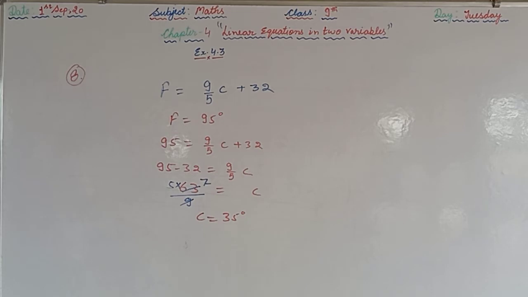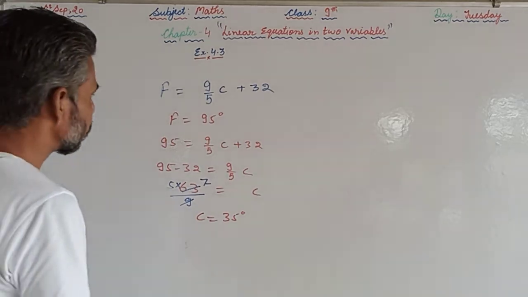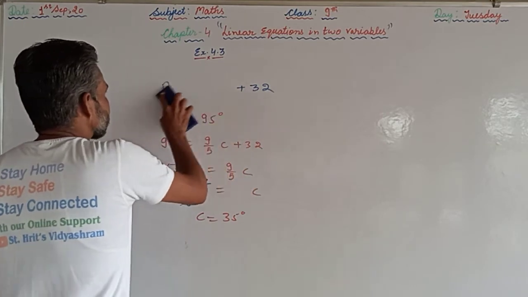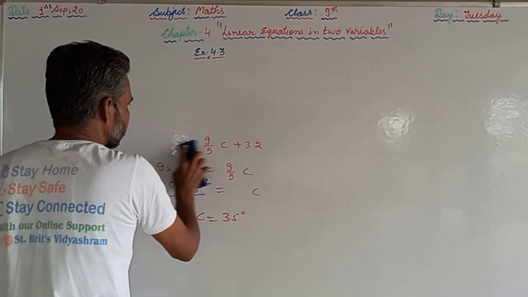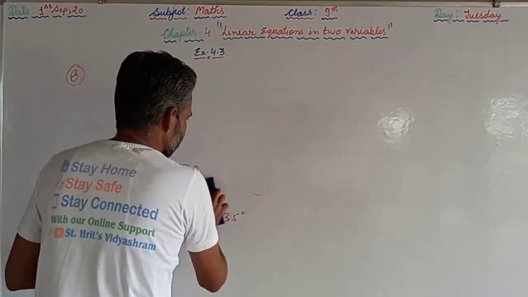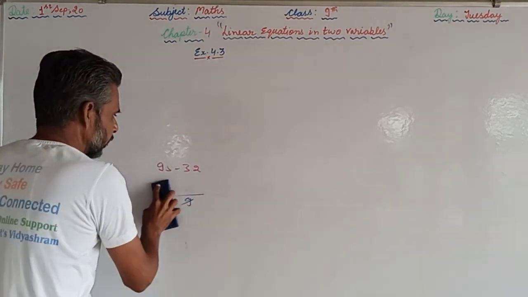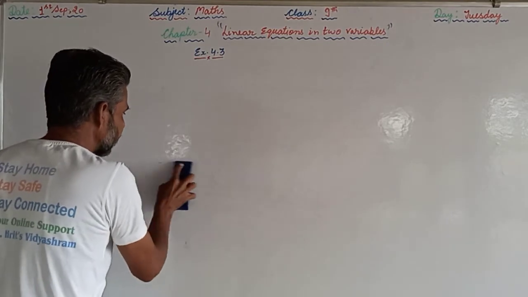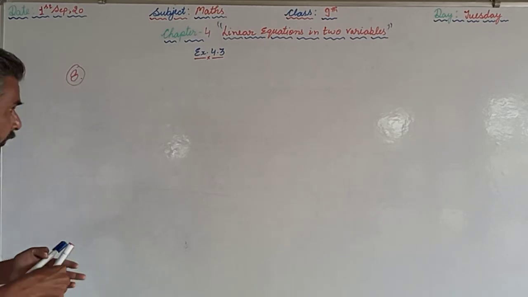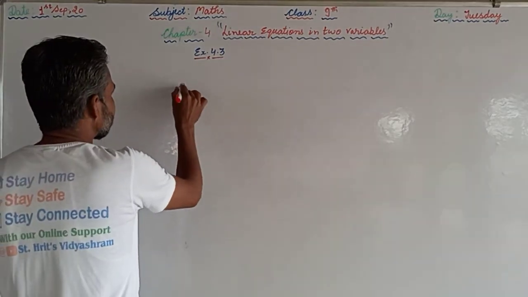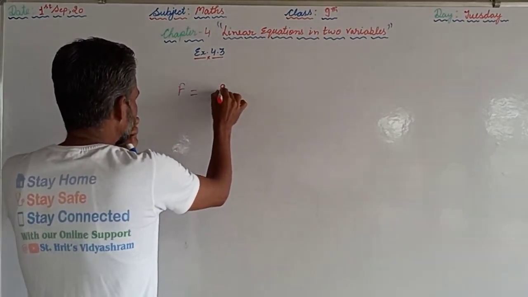Fourth part: is there a temperature which is numerically the same in both Fahrenheit and Celsius? Numerically means the magnitude, the value, should be the same. So we have to check what temperature will be the same in Fahrenheit as well as in Celsius. Again we write the relation, that is F is equal to 9 upon 5